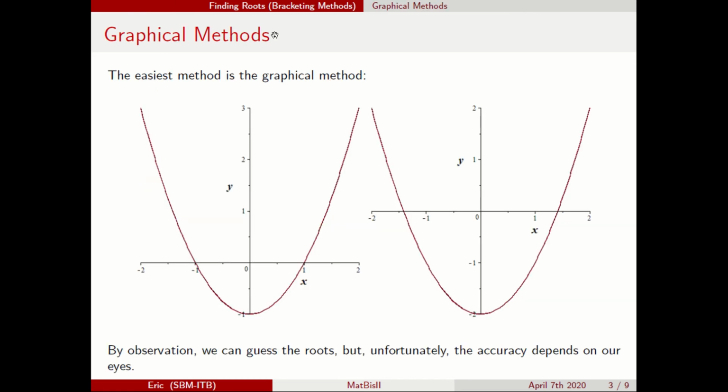So now, the first bracketing method is the graphical method. You just find the intercept. So the x-intercept is -1, and this one is 1. So you know that y equals f(x) here. I don't know what f(x) is here, but its roots are given by x equals -1 and x equals 1. What if I have y equals f(x) as this?